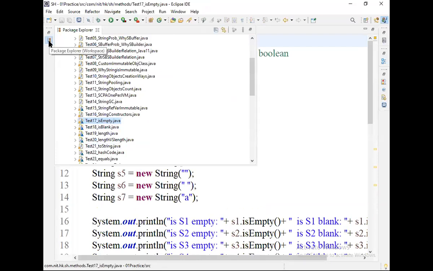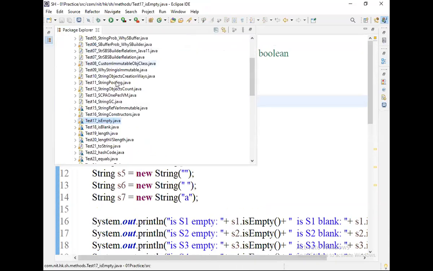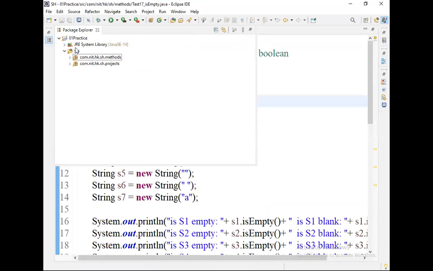So now we'll start understanding one method. Let me try to create one file here.